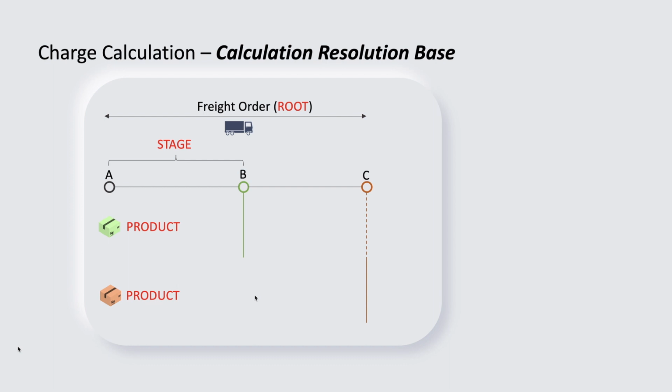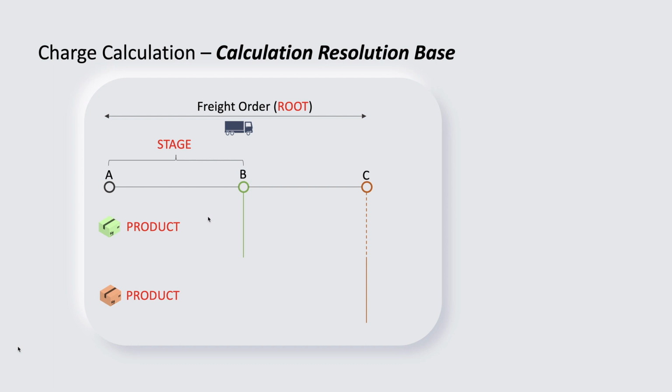But before we look at the cost distribution, we must also have a basic understanding of charge calculation. To be more specific, the scope with which a charge can exist in a freight order charge management process. In SAP TM, the freight order can have a certain number of charges recorded against it, pertaining to the weight being transported, insurance charges, loading charges, fuel surcharges, and each one of these charges is going to apply at a